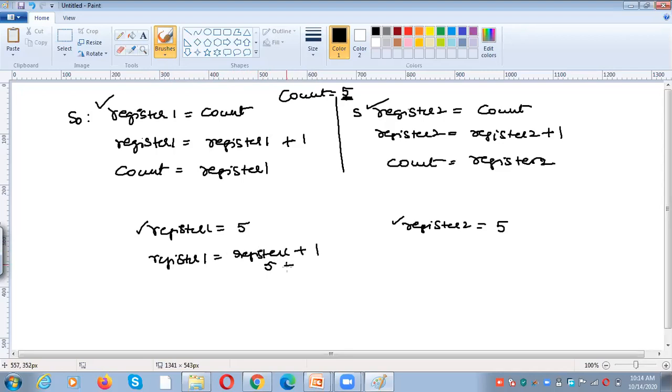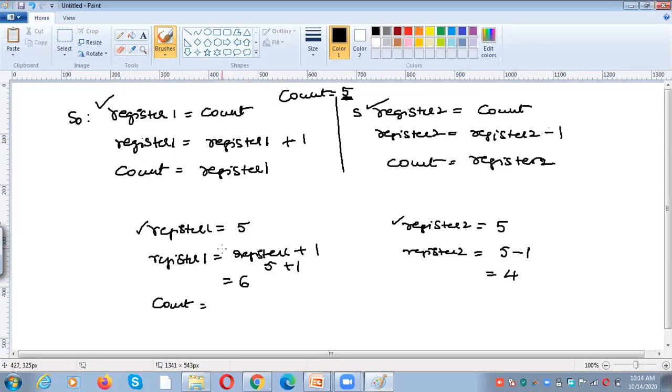That means 5 plus 1, what is the value here? 6. And then here register 2 equal to register 2 minus 1, sorry, here we should not perform the increment operation. 5 minus 1. So what is the value of register 2? 4.